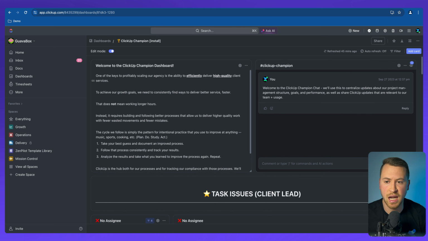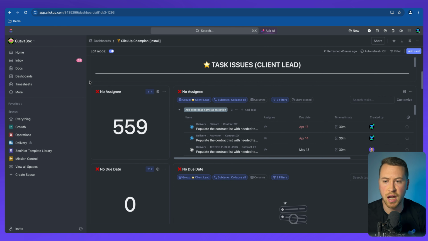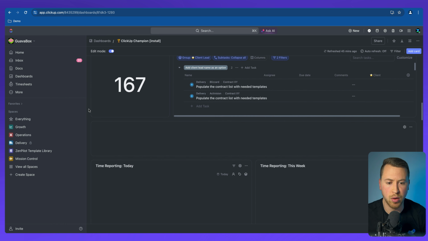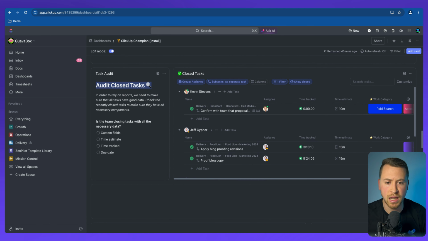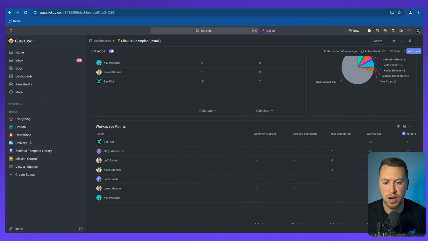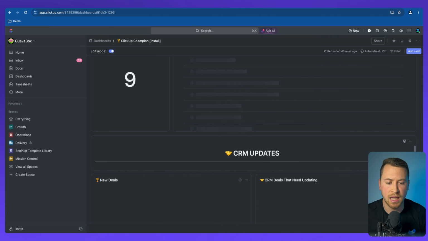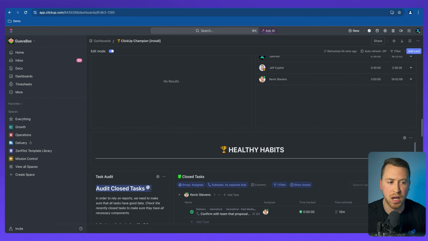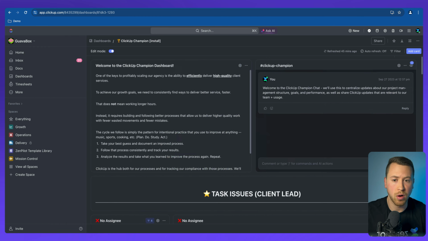So as you can see, I have a bunch of different cards on here that's going to go through things like task issues. It's also going to go through time reporting, healthy habits, user activity, planning tasks, and then also CRM updates. You're not going to need everything in here. You'll want to customize it a little bit to your business, but I'm going to walk through each of these and really how you can set it up so you can at least start monitoring task issues and healthy habits